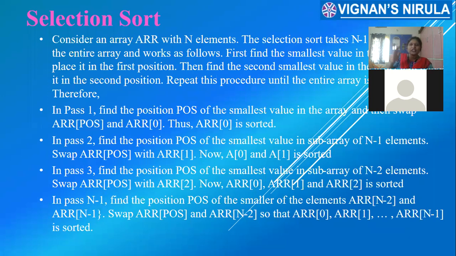As in the case of your bubble sort, you place the sorted array from the right-hand side. You are placing A of n minus 1 first, the highest element first, then the next highest element in each and every pass. But in the case of your selection sort, you are placing the smallest element in A of 0, the next highest element in A of 1, the next highest in A of 2. Smaller to higher, it is filling the array in sorted order, whereas in your bubble sort, you are filling from the highest to smallest values. Did you understand the principle or not?